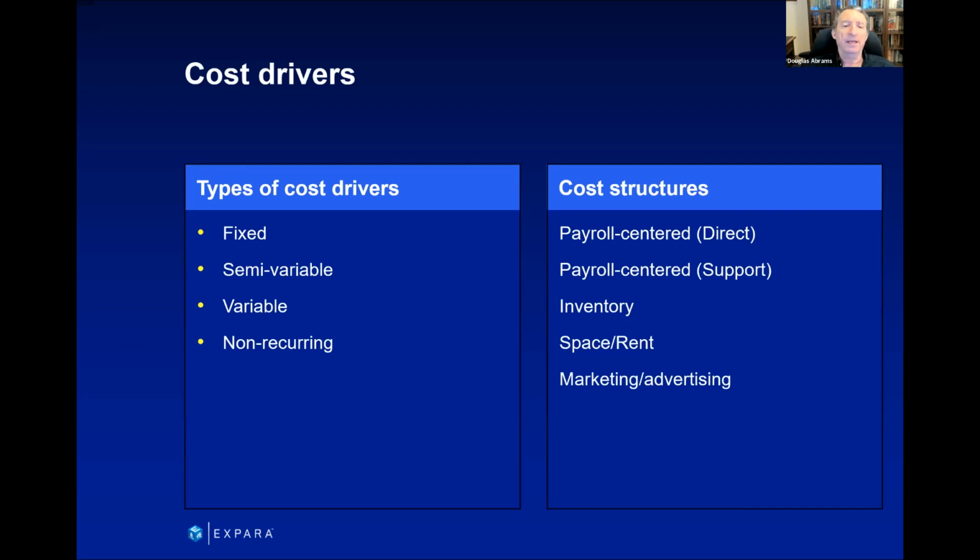We have typically in our model fixed expenses, variable expenses, semi-variable, recurring expenses, non-recurring expenses. And in a lot of startups, our key cost structures are payroll, so how much we're paying people, inventory if we have physical products, marketing and advertising, and customer acquisition costs. So these are typically the major components of our cost model, and our Excel has several sheets devoted to helping